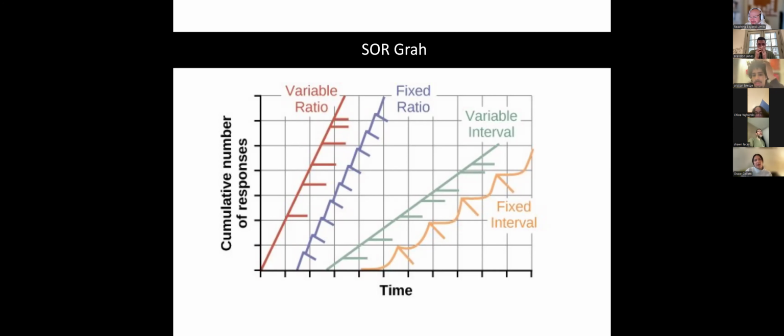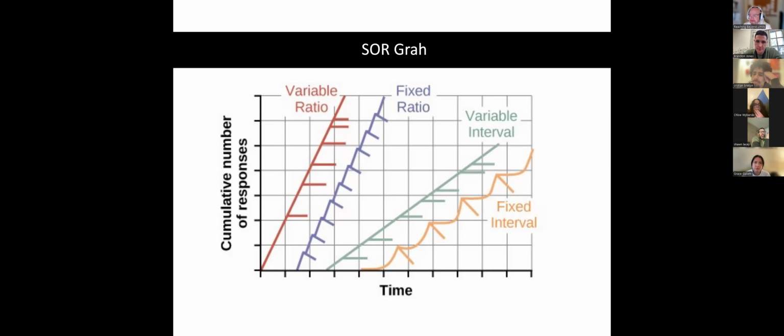Okay, thank you. We're going to be delivering reinforcement for a fixed ratio. Say we have a fixed ratio of 3, like you suggested, but you could have a fixed ratio of any number. If we had a fixed ratio of 3, every 3 responses, we're going to deliver reinforcement. On the variable ratio schedule 3, it'd be about every 3. So sometimes we would deliver it for 2, 3, 4. So it's really on that variable ratio schedule.